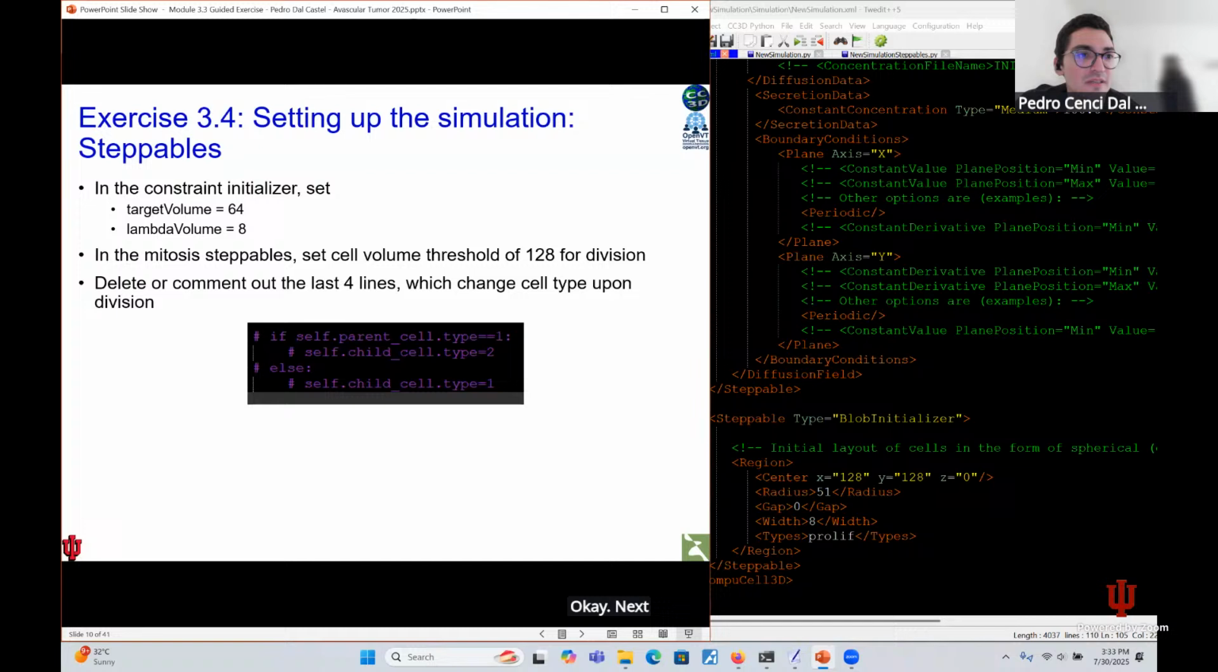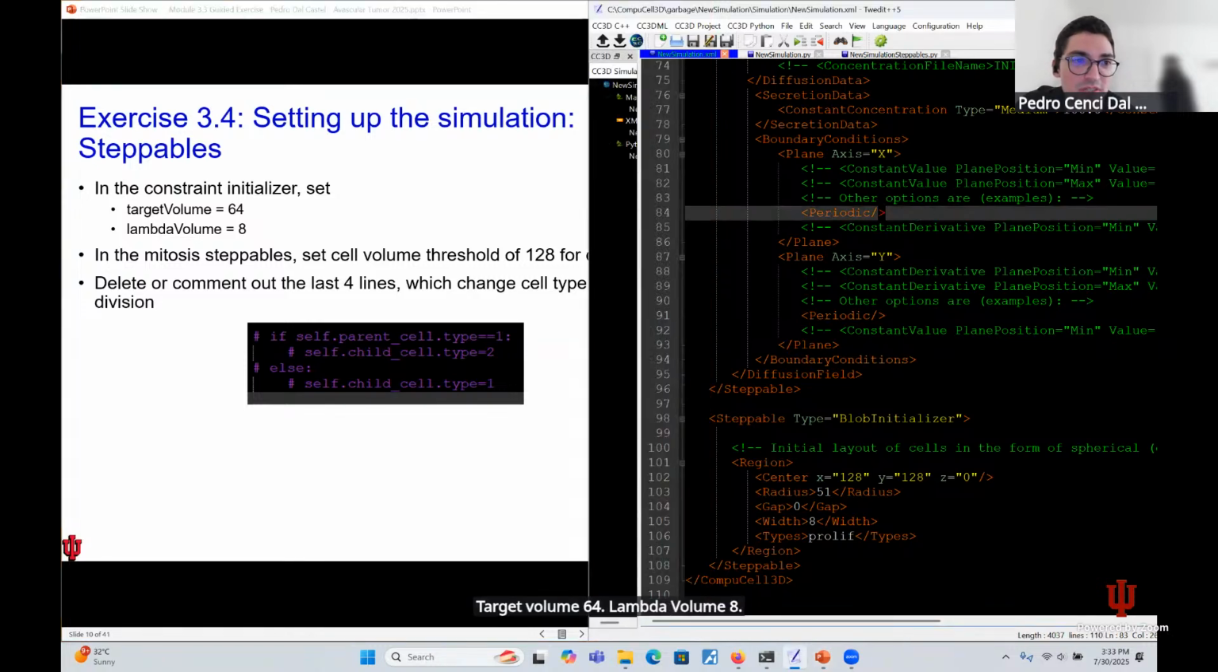Okay, next step. In the constraint initializer, set target volume 64, lambda volume 8. So this is where? In the steppables. So no XML anymore. If you've done this,